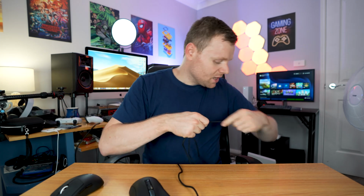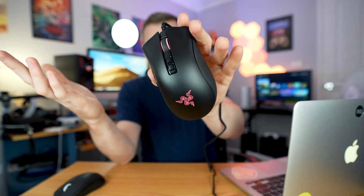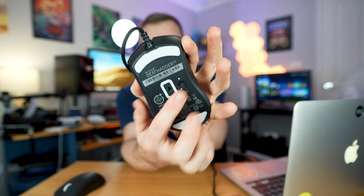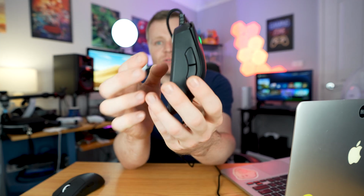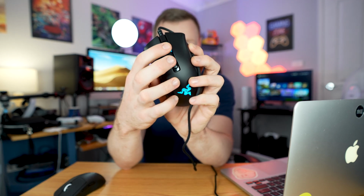The first thing is the connection to the computer. So basically, two different types of connections. So we've got this nice braided cable with the Razer Deathadder V2, and when you connect it up, I'll show you how it works. And as you can see, we got beautiful RGB lights with this, and it does come with dedicated software because we have profile controls at the bottom. So if you press this button, when you have the software integrated, you can select different sort of profiles. So that would be like different sort of side button connections, and we have the scroll wheel button as well